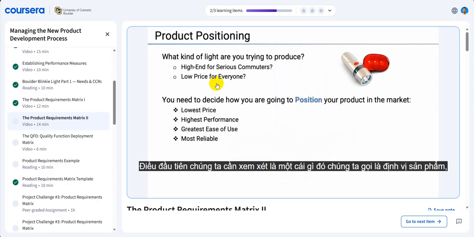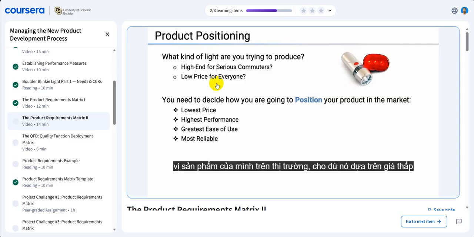The first thing we need to consider is something we call product positioning. We'll talk a little bit more about this when we discuss marketing. This is all about what kind of customer are you trying to attract. In our bike light case, this is all about what kind of light are you trying to produce. For instance, is this a high-end bike light for serious commuters, or is it a low-price bike light built for everyone? This is all about positioning,